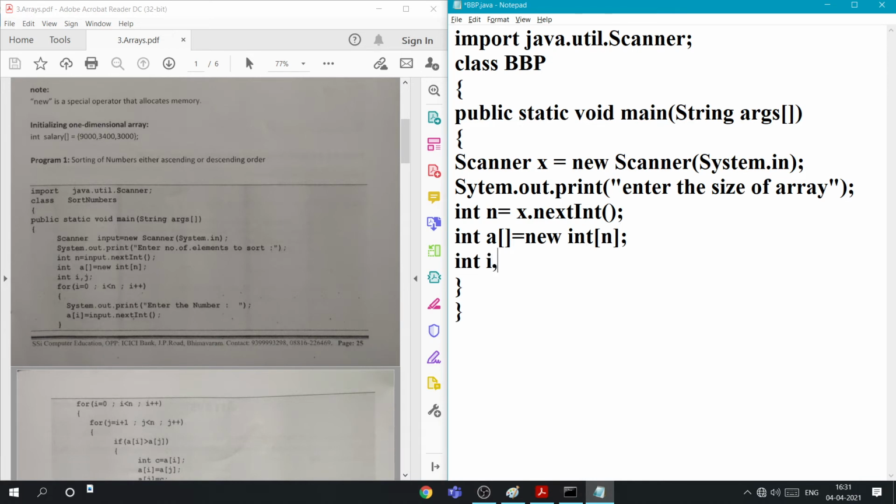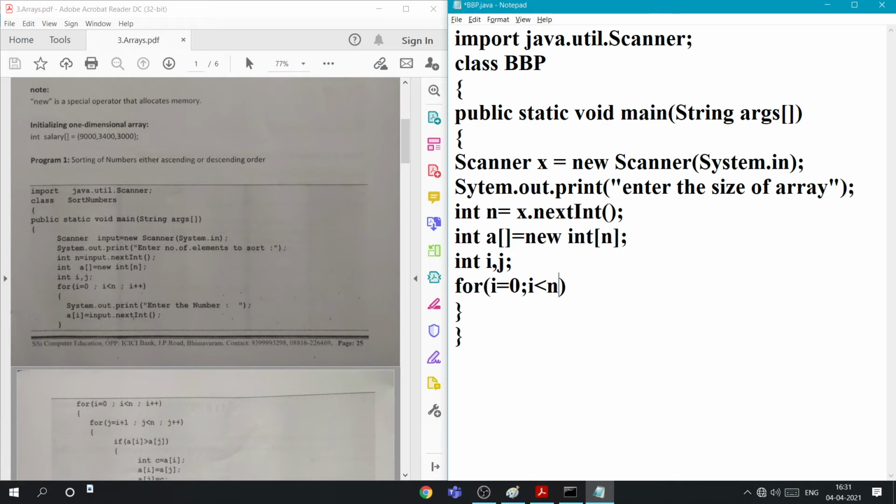Int i, j. For writing the loop to enter elements, for i equal to 0, i less than n, because the array will end at n minus 1, so 0 to n minus 1. So I am taking i less than n.